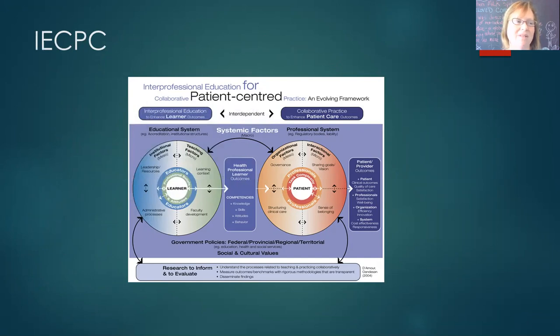And that focuses on the main factors, determinants, and elements of the model at three different conceptual levels, and those are the micro level, the meso level, and the macro level, and we're going to talk about those a little bit later. But what you see is you have the learner on one side and you have the patient on the other side. And we understand that there's educational system factors and there are professional system factors. So within the educational system, we're looking on the left-hand side, we've got things like institutional factors, that's at the largest level, so that's the learning institution.